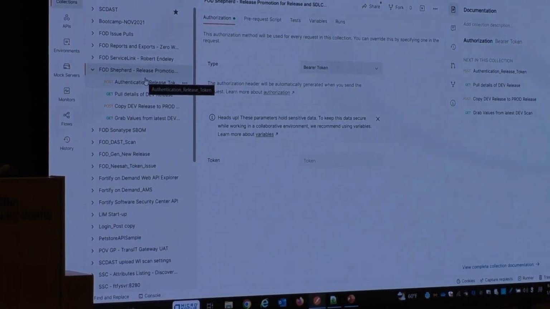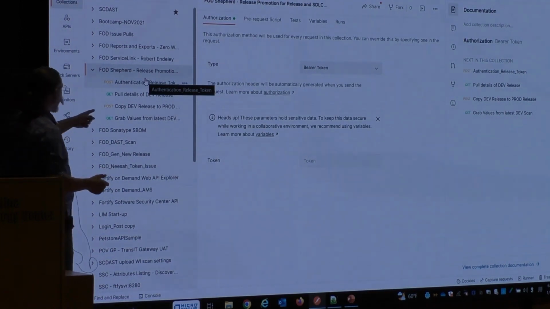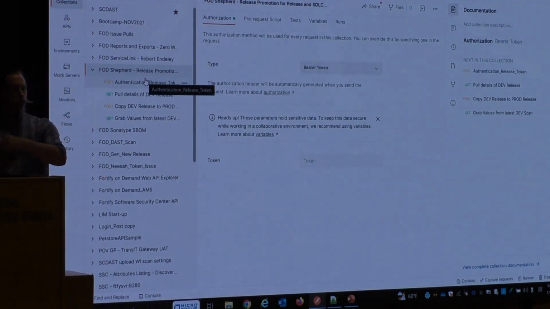I had a customer whose use case was every day they have a new build and they scan the build, but they don't want to find the defects that were found in yesterday's build. So to do that, we have to do what's called copy state. I need to copy the prior test results from yesterday's build into today's build as they're promoting it. And that way, anything they marked as false positive is still marked as false positive in the new one. So this is their use case.